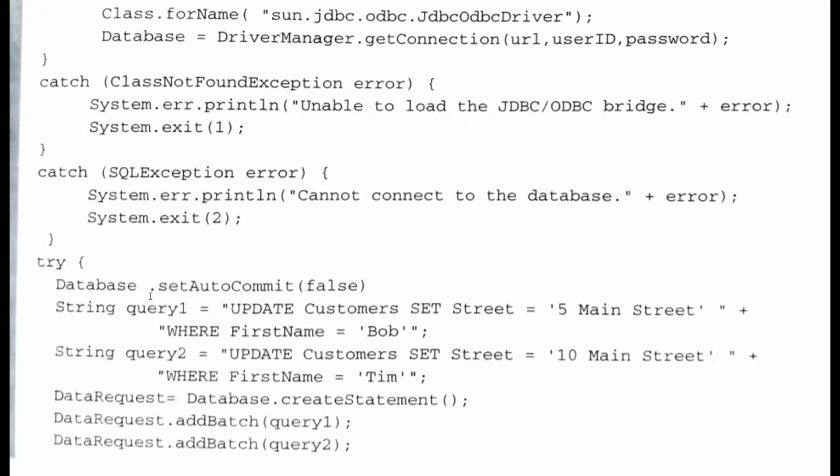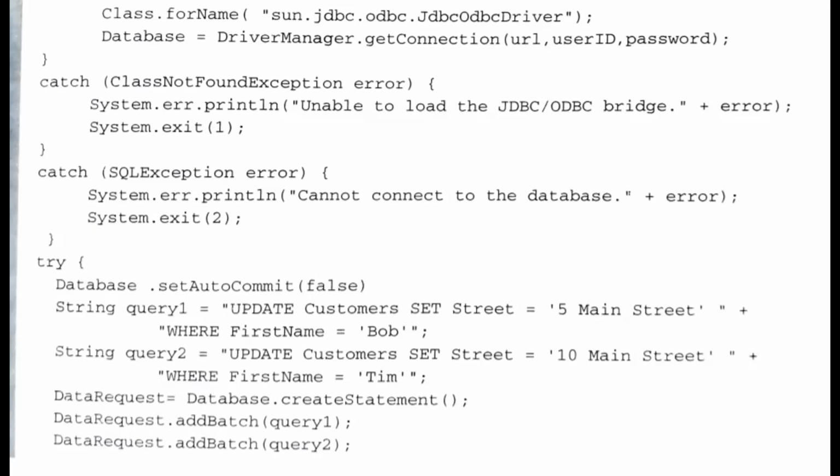These are the query texts. Then we create a statement, and add query 1 and query 2 to a batch using the addBatch method, called on the statement object: statement.addBatch(query1), statement.addBatch(query2). The two statements are now added to the batch.